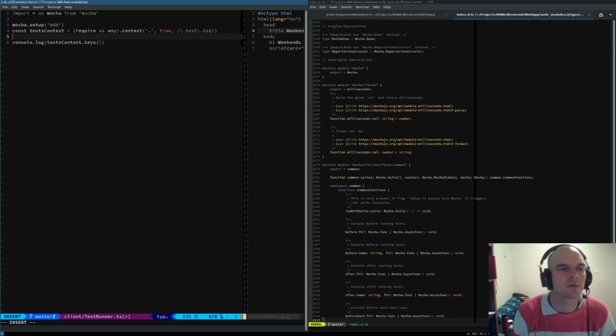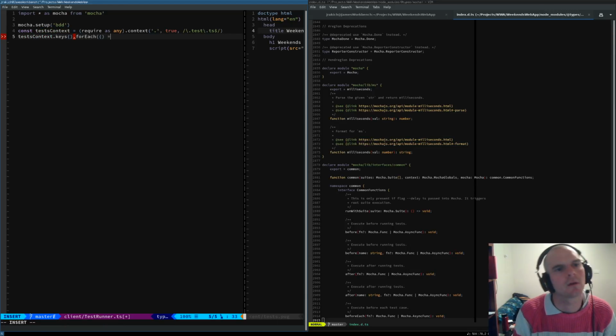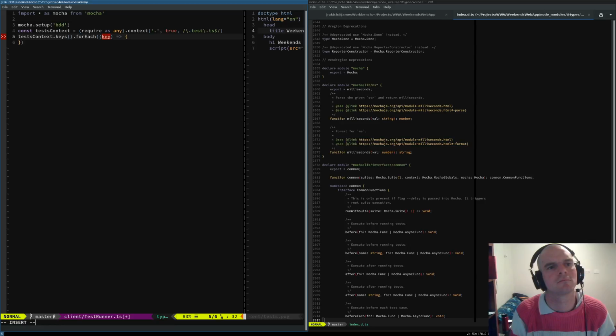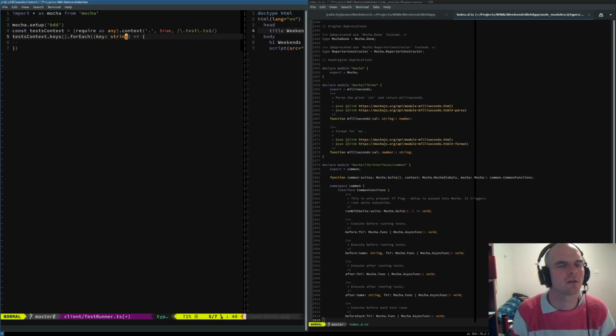And what we can do in order to do that is grab all the keys for each on it. It has implicitly any type because it doesn't know about this sort of thing, but I know that it's going to give me a strict key, so I can do this.